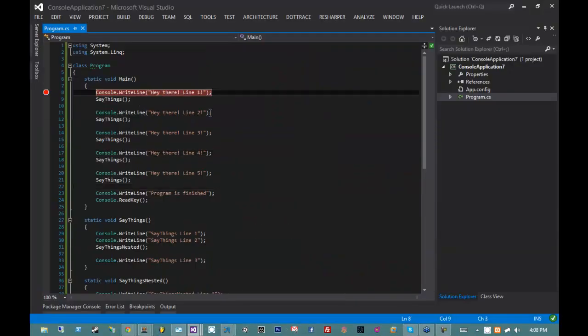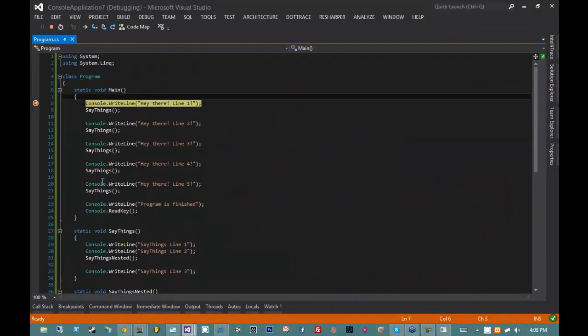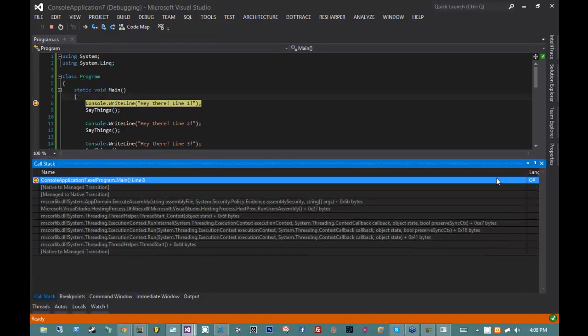The call stack in any programming language, or in any operating system or programming language, is the concept